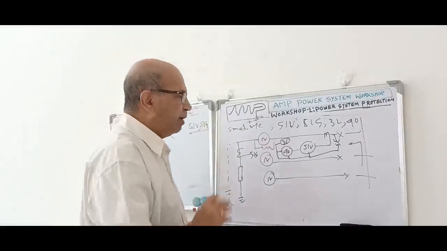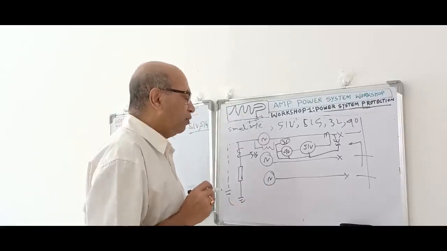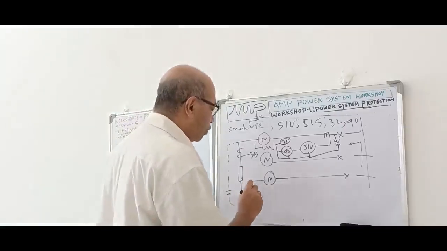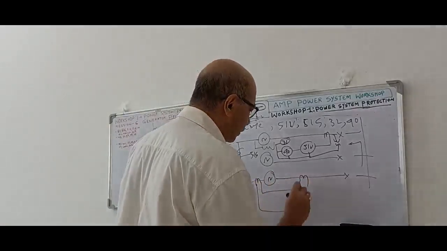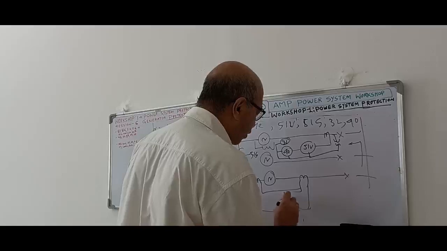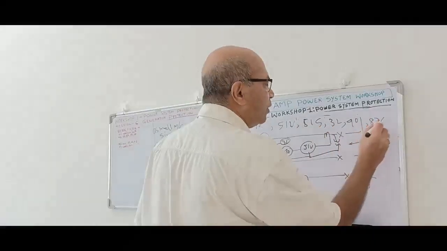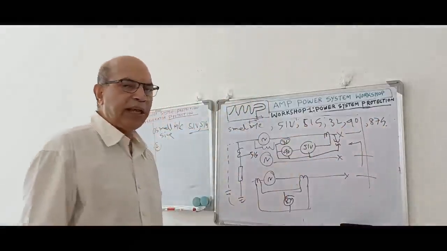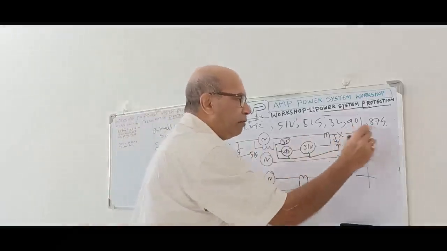But if the machine is very important in application, though it is a small size, in that case we need to give the differential protection also in the machine. Phase differential also we have to provide in that case. If it is an important application, we have to evaluate case to case. So in that case also we have to provide 87G. These are the protections for the small multi-machine system. If it is not very important, in that case 87G we can avoid.